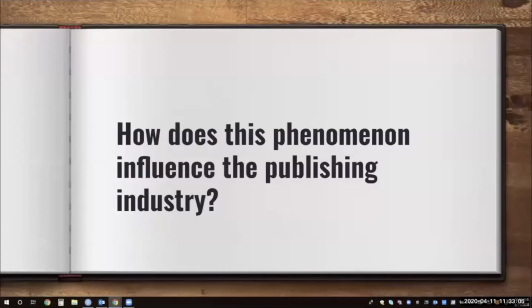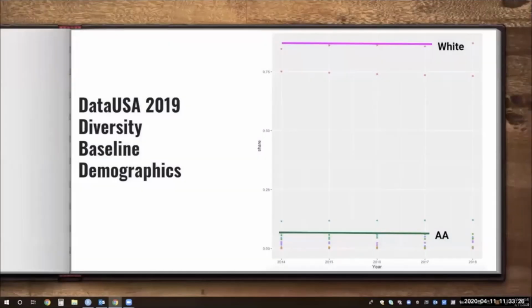Like good researchers, we followed the trail that the data provided for us and discovered that this was not just a Barnes & Noble or Penguin Random House issue exclusively. The failed Diverse Editions campaign was only symptomatic of the root cause. Currently, the publishing industry is not inclusive and lacks diversity. Data from the 2019 Diversity Baseline Demographics Survey regarding the publishing industry unearths a problem that is larger in scale.